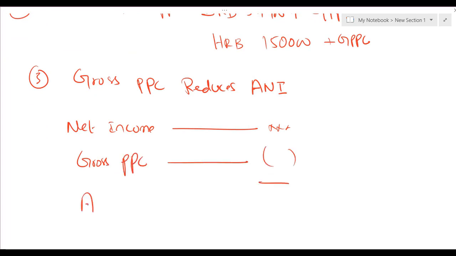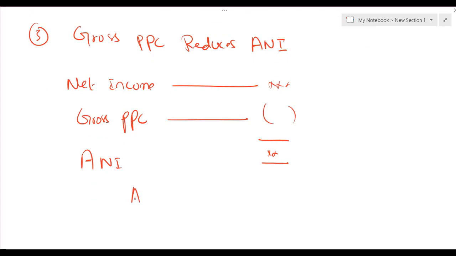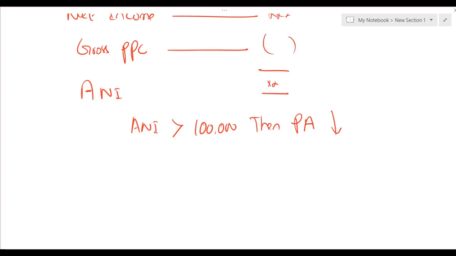So you will get adjusted net income. If this adjusted net income, ANI, is more than 100,000, then personal allowance reduces. How? For example, let's say someone has adjusted net income of 1,20,000,